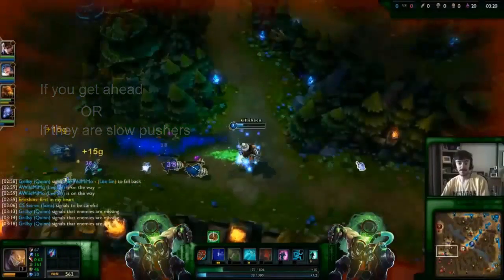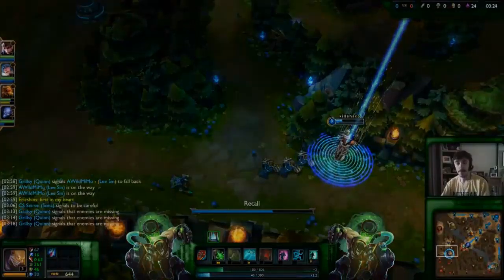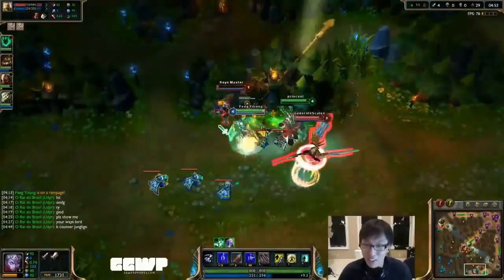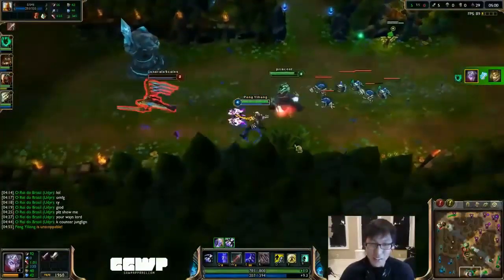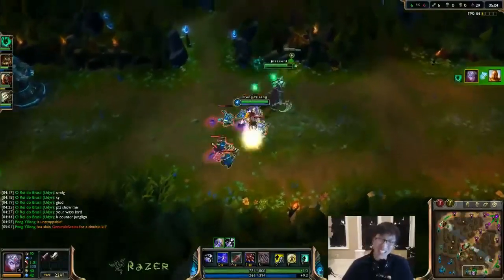Champs that are good at proxying are those with quick wave clear or lots of sustain, or both. Good examples are Tryndamere, Singed, Renekton, and Zac. Try it in a normal game before trying it ranked if you haven't tried it before. It is also possible in other lanes, like in this funny video. Counter and double if proxying bot lane, but it's normally only in top lane that people proxy. This guy is level 1 and